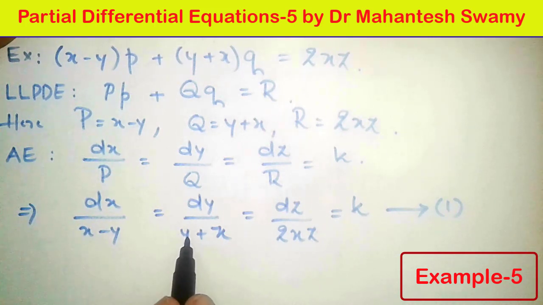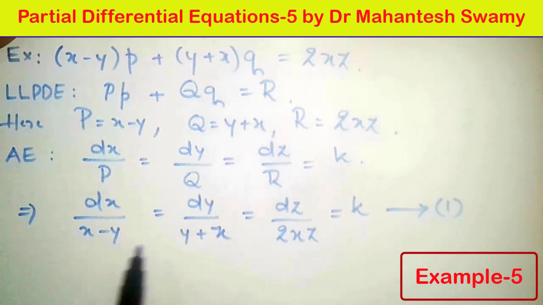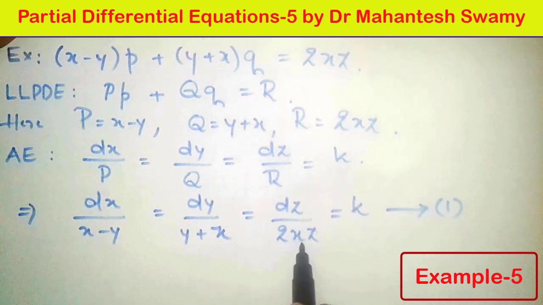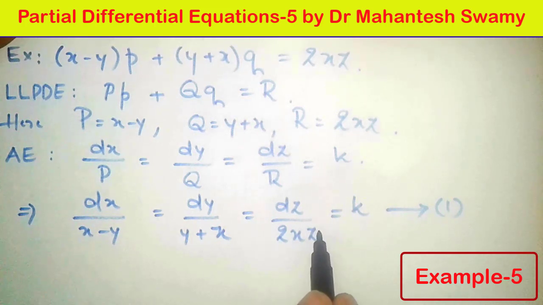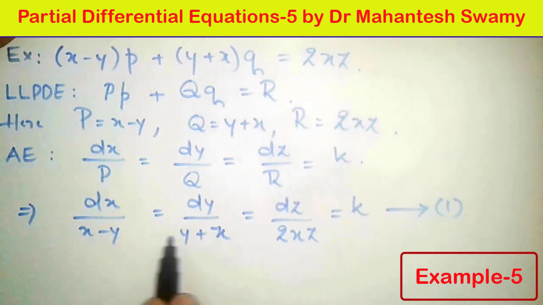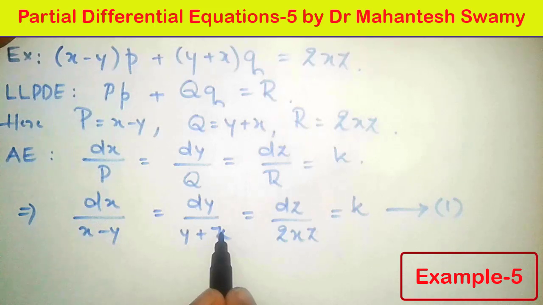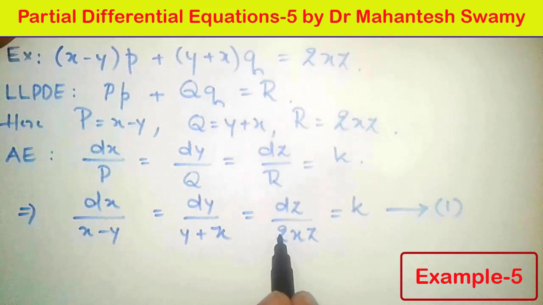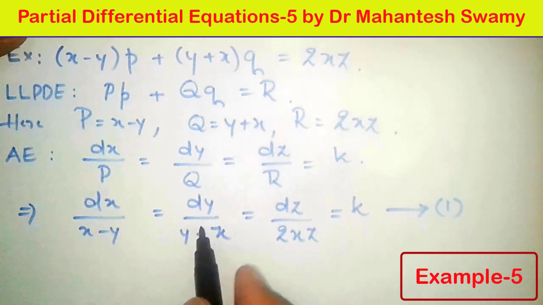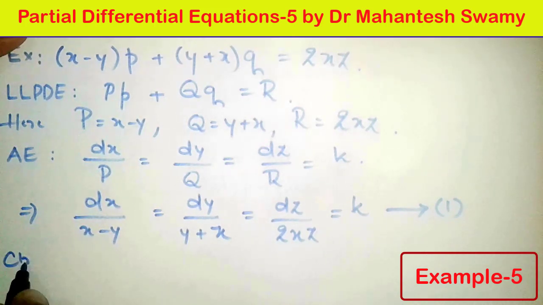But if we look at all the terms together, here it is x, here it is minus y plus x, but if we divide this term by z, it will be 2x. So if we add these two, they will be x plus x, 2x. So plus 2x cancels with minus 2x. There is a chance of having 0 in the denominator, and even these two terms are going to be 0. Therefore we can choose the multipliers.